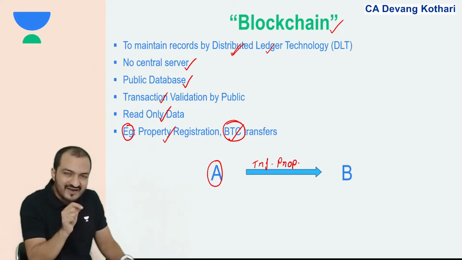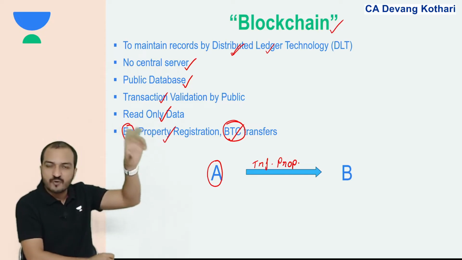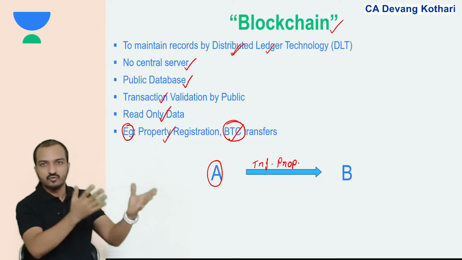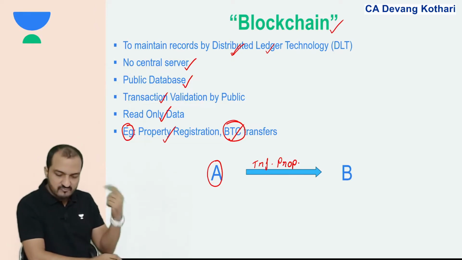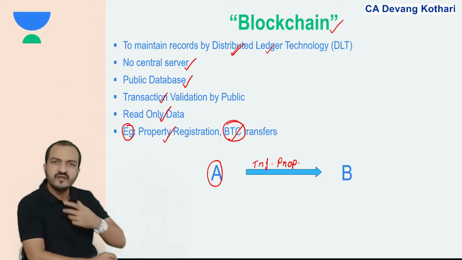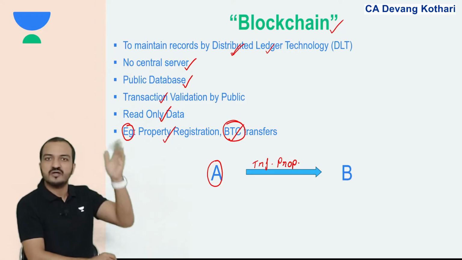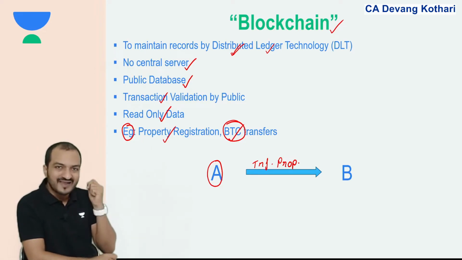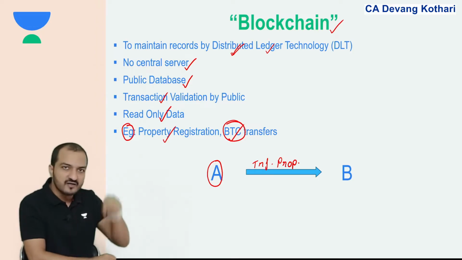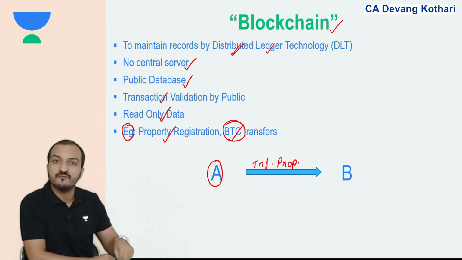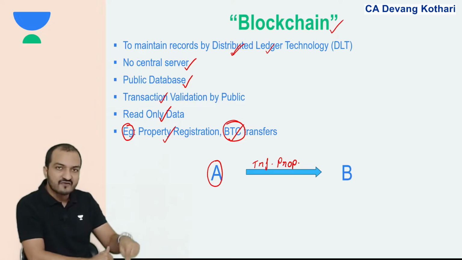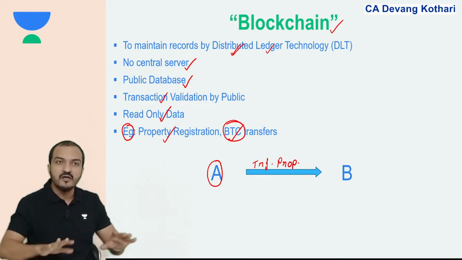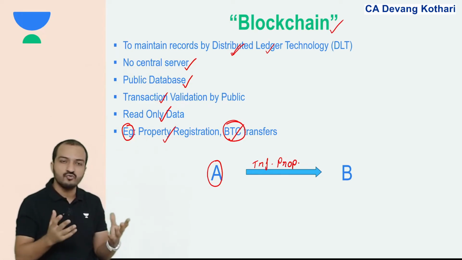So this time validation is not done by the registrar of property. No, validation is done by all the members who are using that Google Sheet. So apart from Mr. A and Mr. B, there might be so many other people who will be having access to that Google Sheet. So every person who has access to that Google Sheet will be validating this transaction. Every person will check whether A is the legal owner of the property or not, and after thorough investigation, after there is a consensus, meaning all the members of the blockchain should come to a consensus.